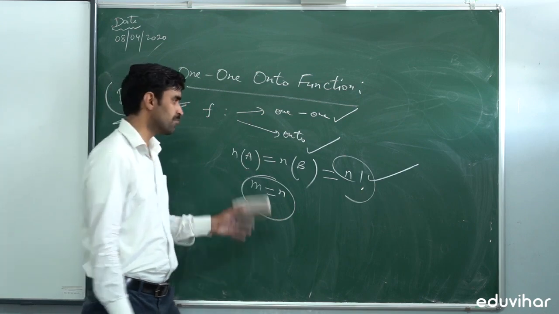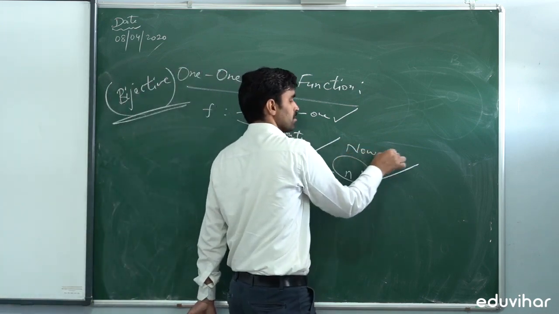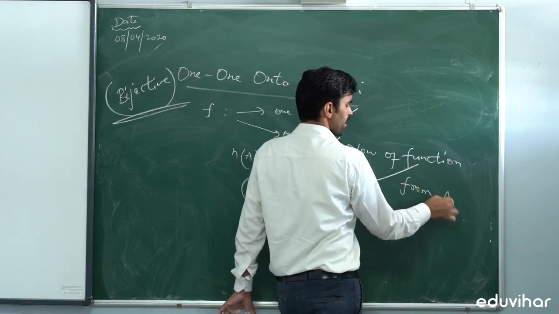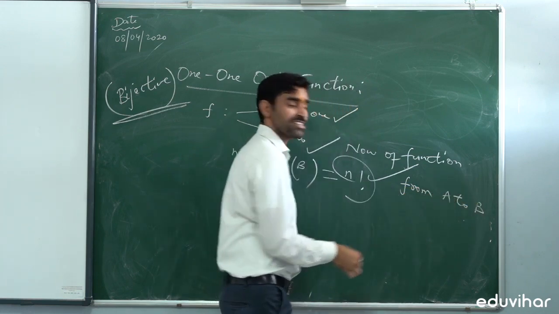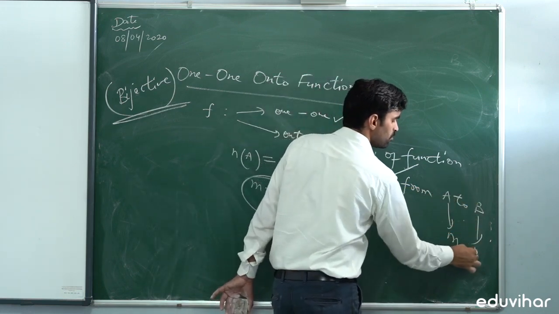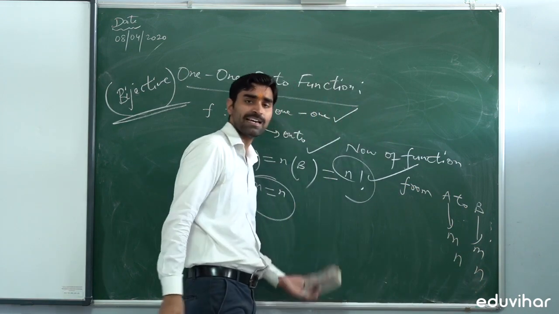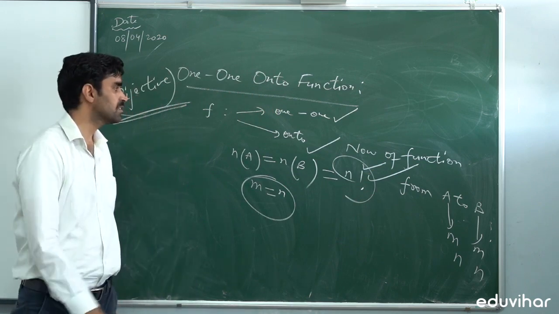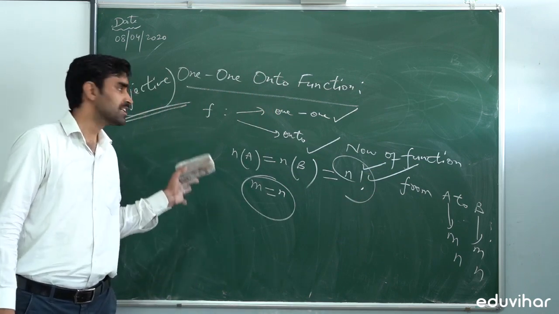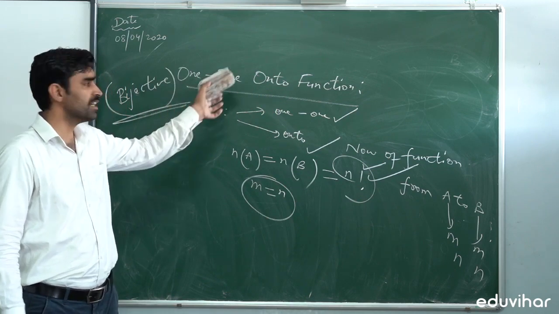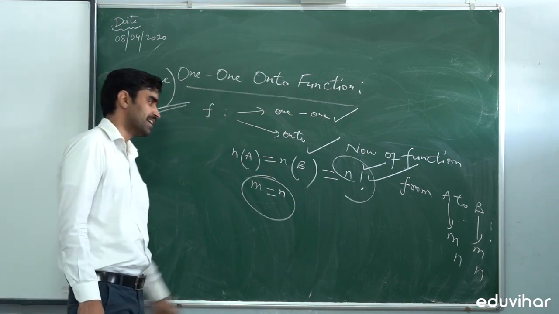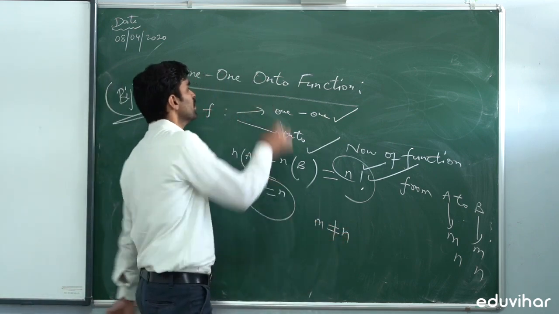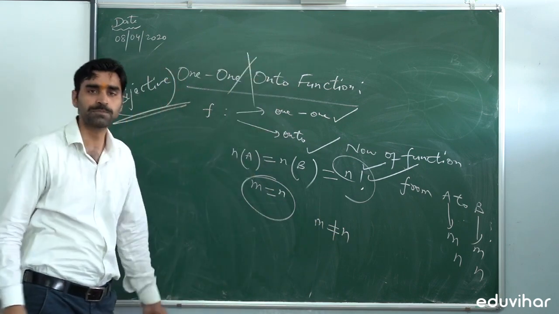Number of relations or number of functions from set A to set B which are having the same elements, दोनों में m है या दोनों में सेम एलिमेंट n है, m और n इक्वल है, तो हमारे पास n फैक्टोरियल हो जाएगा। नंबर ऑफ फंक्शन फ्रॉम सेट A टू सेट B, कौन सा फंक्शन? 1-1 onto फंक्शन। और ये केवल तभी अप्लाई है जब m और n इक्वल हो। जब m और n इक्वल नहीं होगा तो हम इस 1-1 onto फंक्शन को यहां डिफाइन नहीं कर पाएंगे। ओके,